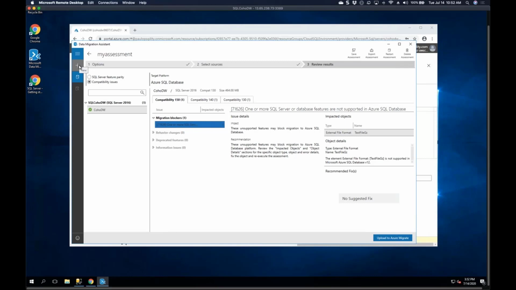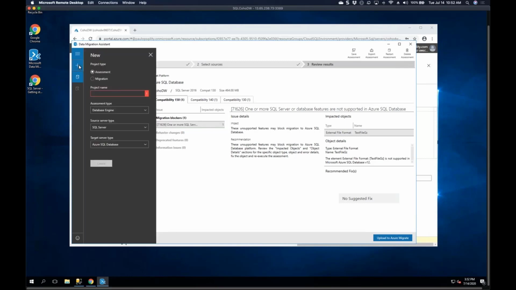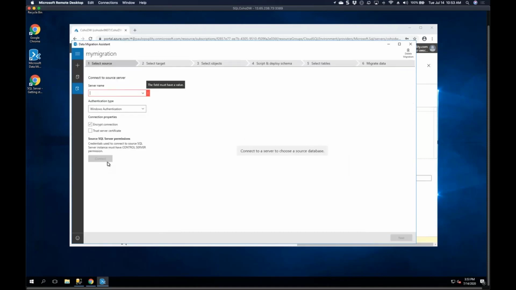So now let's do an actual migration. I'm going to click new, and this time under project type, I'm going to choose migration, and I'm going to call it my migration. The source server is going to be SQL Server again. Target server is going to be Azure SQL Database, and I'm going to let it migrate the schema and the data. This is going to be an offline migration. Online migration is very similar, except at the end, you'll have a few extra steps. So let's click create,